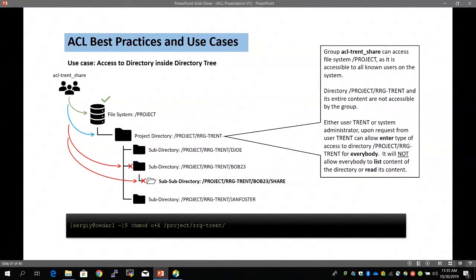We change access control to the directory, allowing everyone entry. So everyone entry access allows everyone to enter the directory and nothing else. You cannot read the content of the directory. You cannot traverse anywhere else within the directory. You can enter it. So next step, we need to enter the directory of